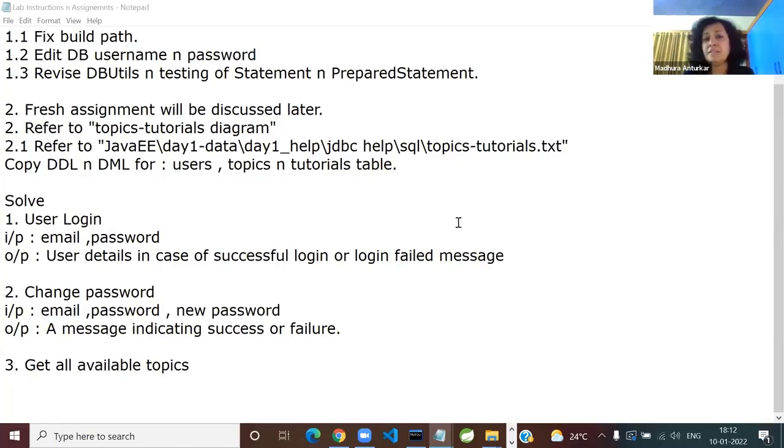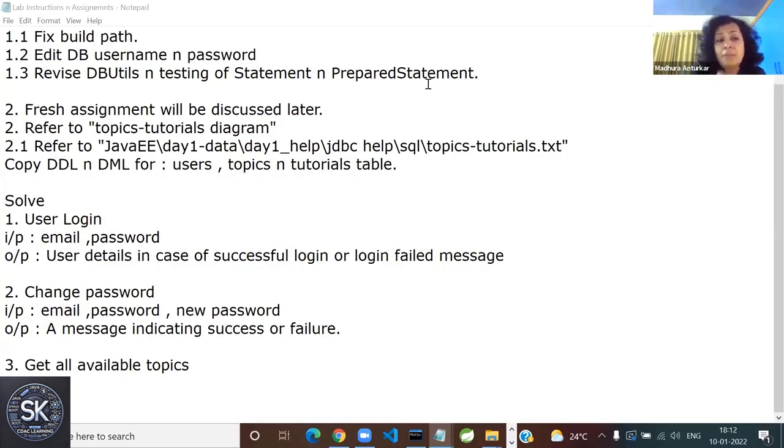Prepared statement PST1 is equal to, what will be the RHS? Which is the method? You get the prepared statement from which interface? Connection. So cn.prepareStatement, exactly. And in goes the query, which Sumit, I guess, had already given us. Select star from users where email equal to question mark and password equal to question mark. Are we 100% clear so far?